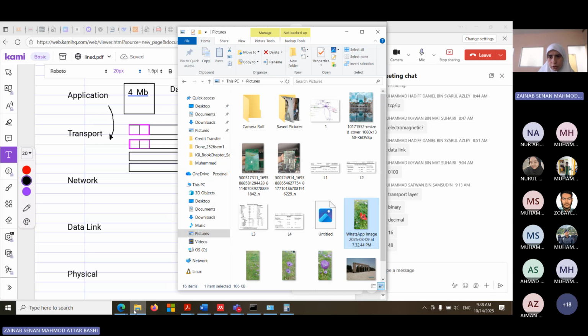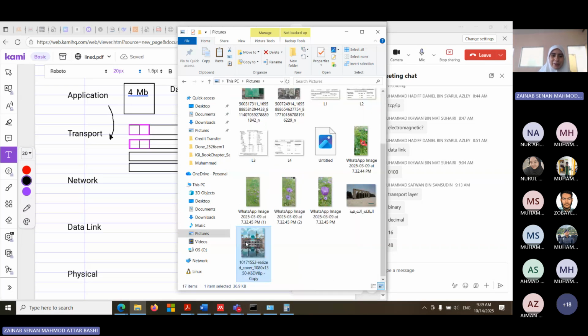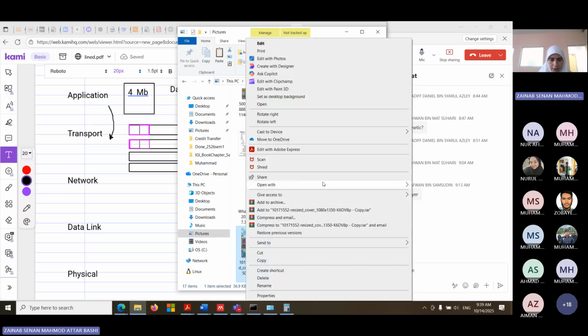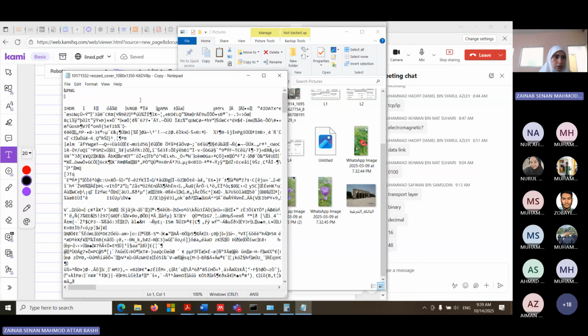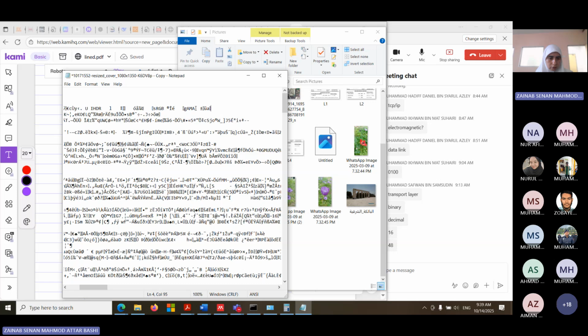Now, if I go back to my picture, okay, I will make a copy of it. I don't want to lose it. Okay, this is a copy of my picture, and open it as Notepad. From here, simply, let's say after you send it, this piece will come after the other piece.